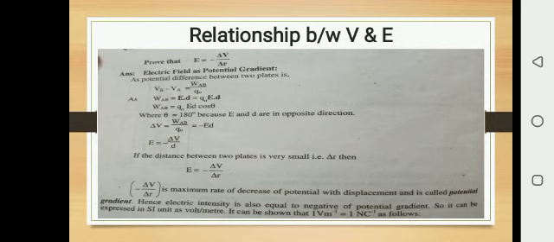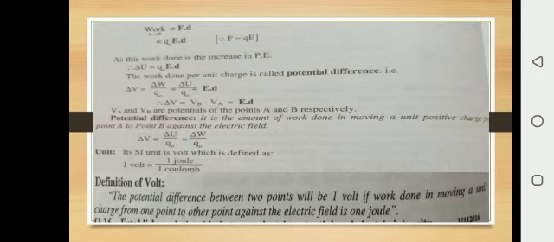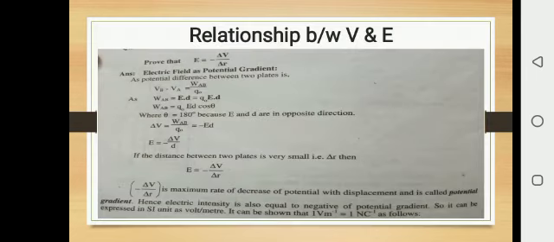To understand this, look at the direction of E, this one, while the distance is covered in the opposite direction. This charge is moving from plate A to B, so the distance is in this direction. Both are in opposite directions, so they are anti-parallel. When they are anti-parallel, they have an angle of 180 degrees, and when two lines are parallel, they have an angle of 0 degrees. When they are parallel but in opposite directions, that is known as anti-parallel, and they have an angle of 180 degrees. So that's why the angle is 180 degrees.